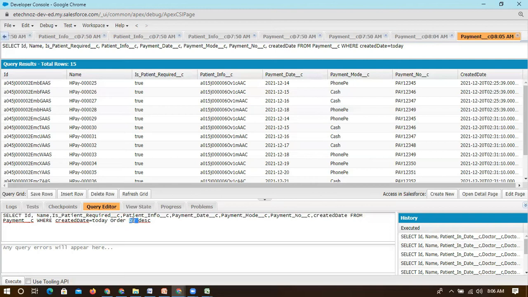If you don't mention it, by default it will consider descending order only. But if you want to confirm, you have to mention ORDER BY DESC, which means all these records will be displayed in descending order. So CreatedDate equal to today, ordered by descending.